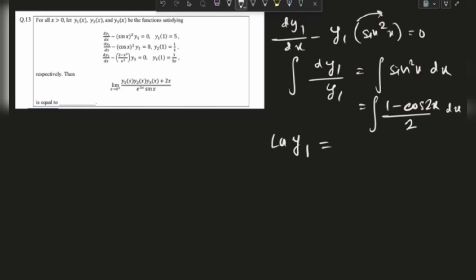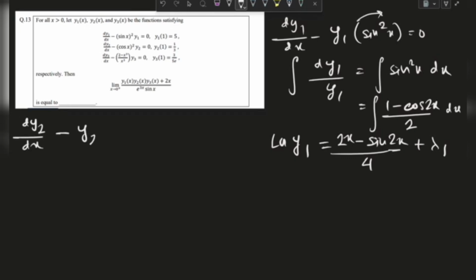Now I am not putting a mod here because in the limit it's all x tends to 0 plus, and also in the question it is given for all x greater than 0, although you can put the mod, no issues. So this will come out to be 2x minus sine 2x by 4 plus, let's take the constant as lambda 1. Now if we solve the second differential equation, this is dy2 by dx minus, I'm taking this to the right hand side, y2 cos square x,